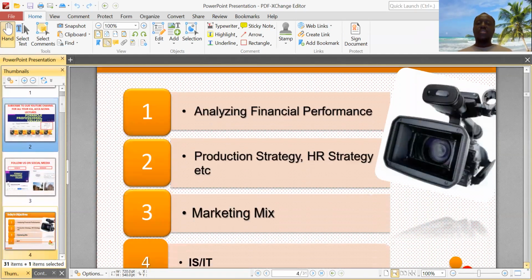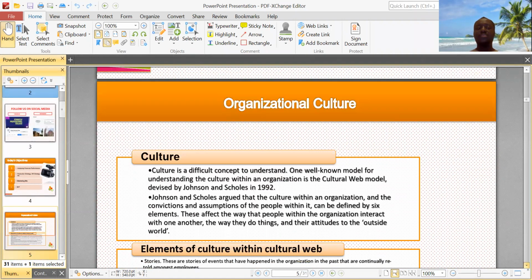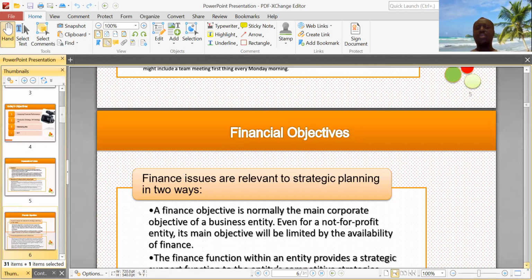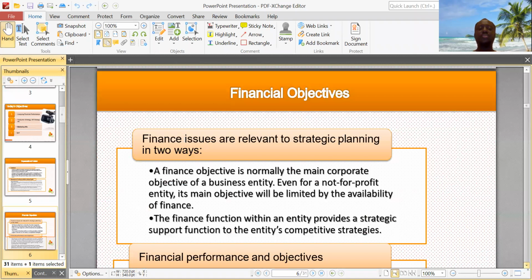Now, today's objectives. Today, we are going to be looking at analyzing financial performance briefly, and then we'll talk about production strategy, HR strategy, etc. And we'll look at the marketing mix. This is one of the key models when it comes to the strategic case study exam. Then we'll be looking at information systems and information technology. If we have anything else that we would like to talk about, we certainly will. So first off,